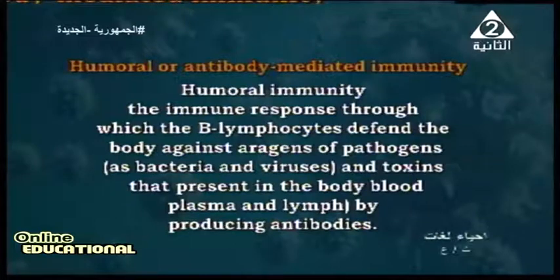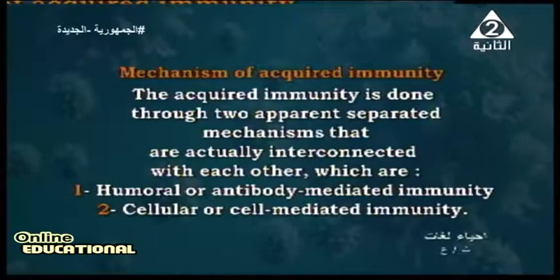We will describe this slide. When you are infected by a disease, what happens? This disease, like bacteria, viruses, or any toxic substance, when it enters the body, the immune response from the white blood cell known as B lymphocytes defends the body against this microbe. If this cell fails to overcome the bacteria, viruses and toxic substance, what happens? The lymphocytes produce another type of antibodies which remove this